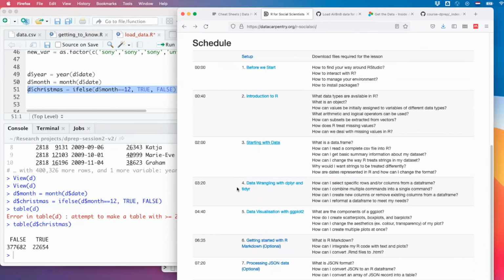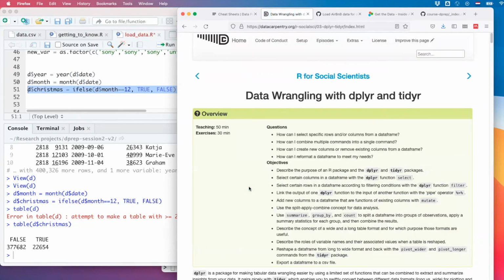Which brings us to the last two chapters. And probably I'm just going to give a little glimpse and then leave the room a bit open for you to ask questions. A comment about dplyr and tidyr. Like I said, these packages are developed by RStudio, but they are certainly not the only packages to wrangle data, to prepare data. In fact, I find them not so efficient with large data sets. And for my work, I use a different package.